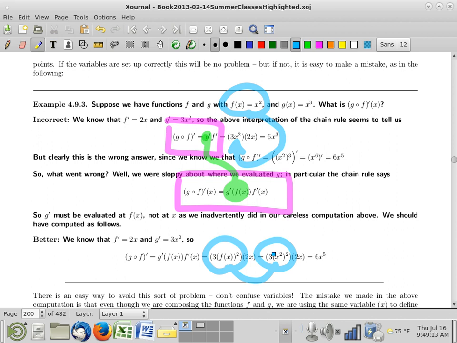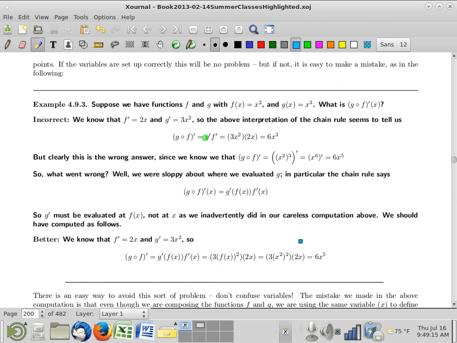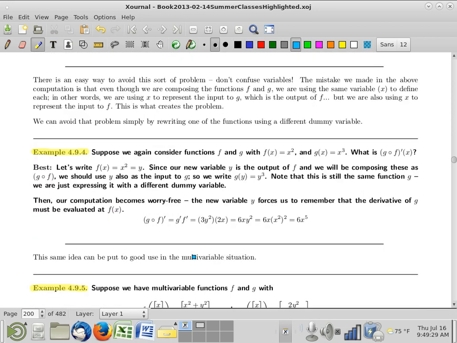Okay, so let me show you what I think is a better way to avoid this issue, better than, in this instance anyway, writing down the chain rule like that and trying to remember what x means in which context, at what point in the equation. Very confusing. Just avoid the confusion of variables. So, same question,